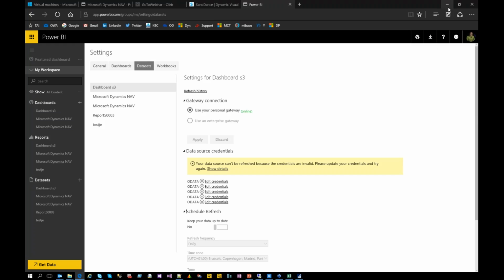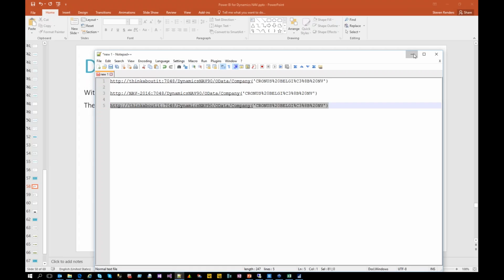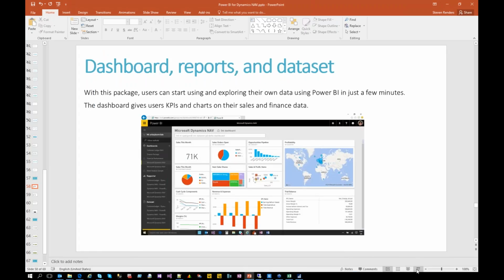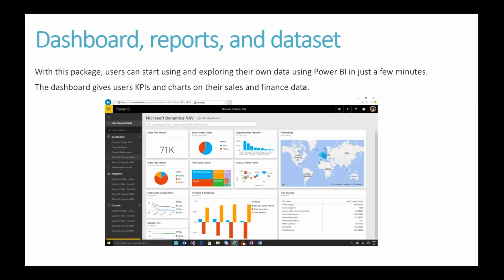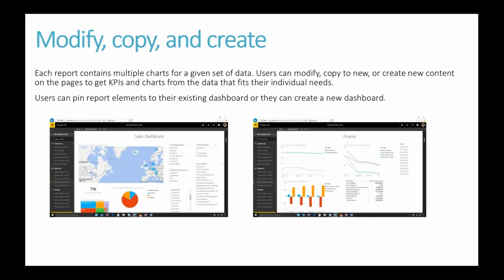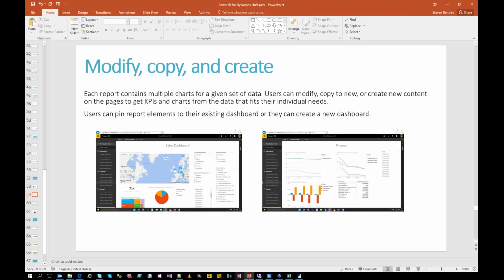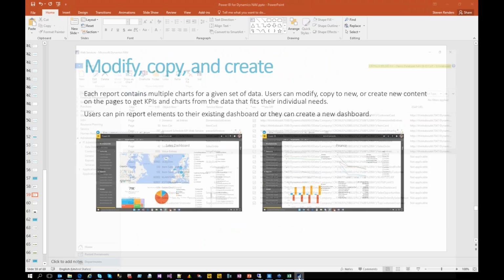So it's a short introduction here on how you can get that dashboard up and running. I have a more detailed explanation also on my blog. So very easy to set up, to create, and then you can have your sales and finance dashboard out of the box. Now, to be able to make that work, you also should know that in Dynamics NAV, by default,